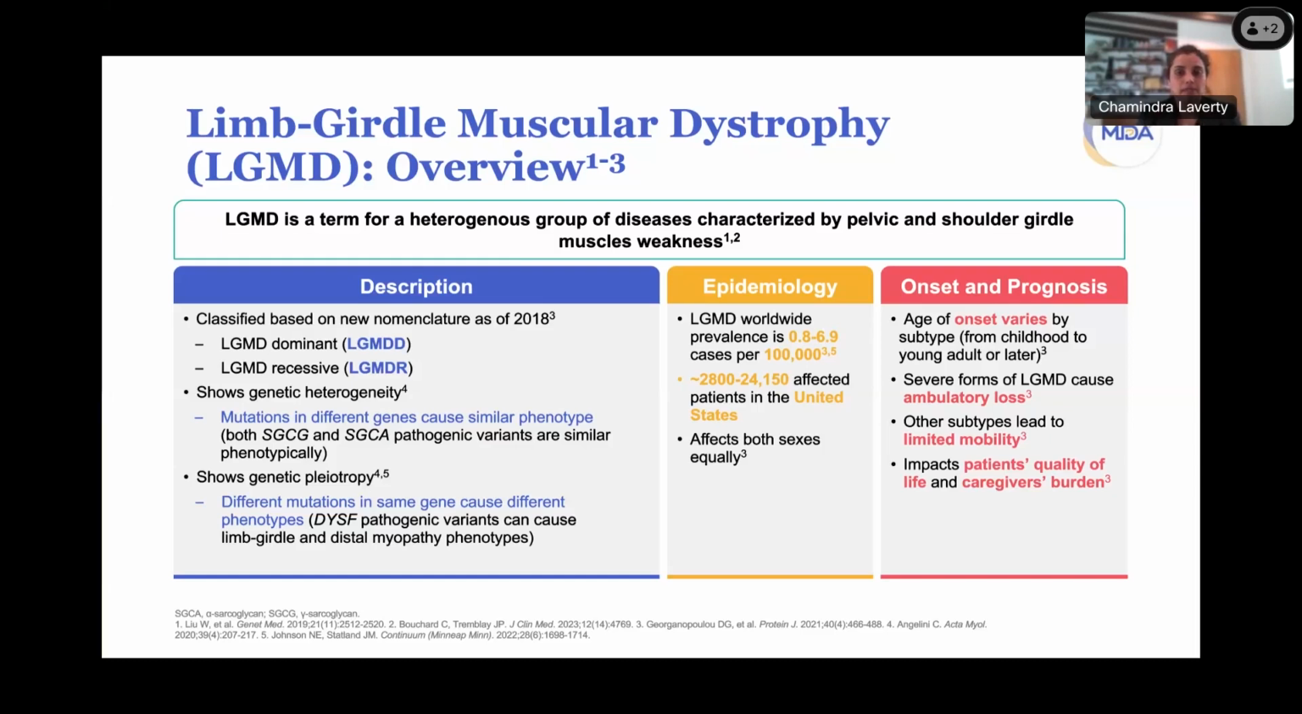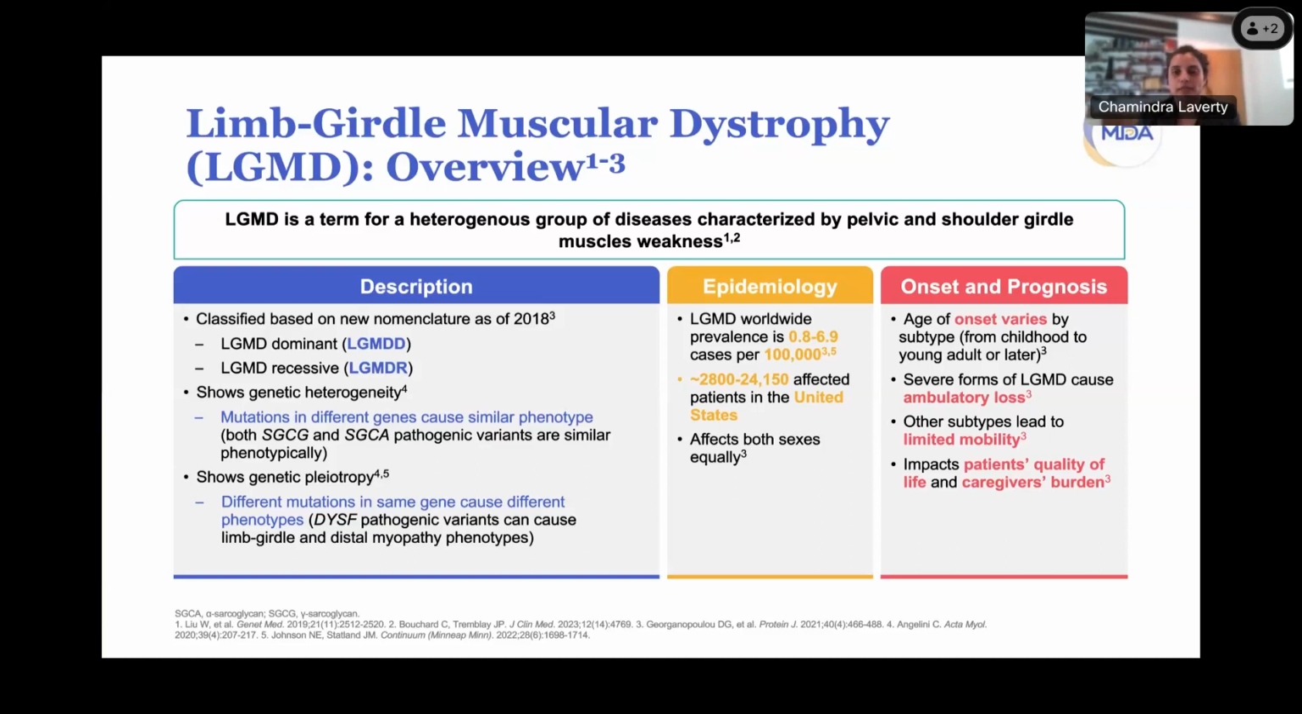The worldwide prevalence is estimated to be between 0.8 and 6.9 cases per 100,000. So if you were to use the worldwide prevalence in the United States, that could be as low as 2,800 cases to as high as 24,000 cases. The actual prevalence of patients with limb-girdle muscular dystrophy in the US is unknown. We have some data from various regions of the United States, but because we're a melting pot, we're probably somewhere in the middle. Some of you know that, for example, Fukutin